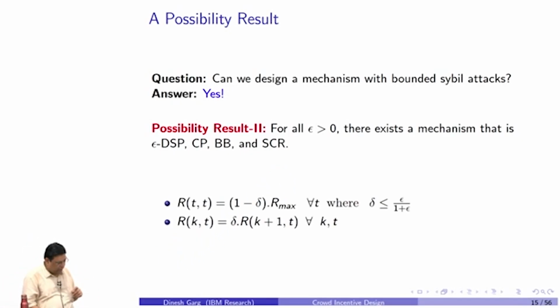Now, how will those rewards look? This is one scheme actually. So here is the idea. You give to the leaf node the reward amount (1 minus delta) times R max. R max, for example, in the case of MIT, was $2,000, $4,000, right? And how much was delta there? Delta was half. Because if I put delta equal to half in the MIT scheme, the reward of the leaf node who spotted the balloon was R max by 2.